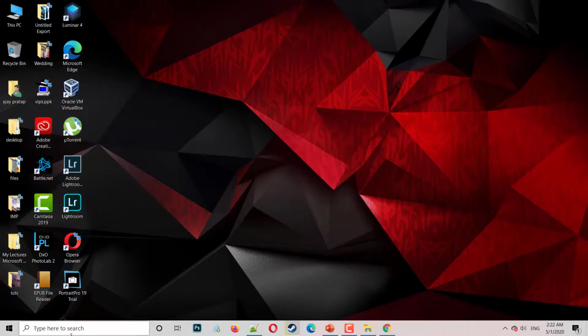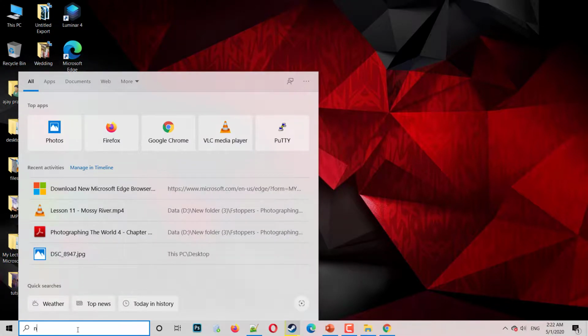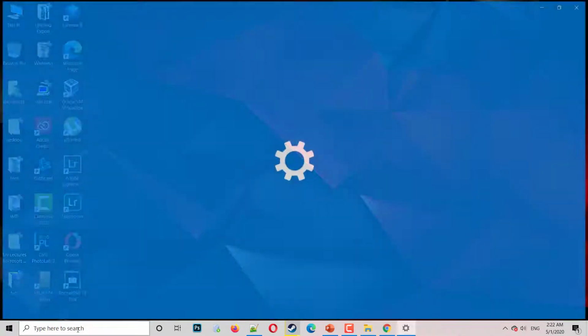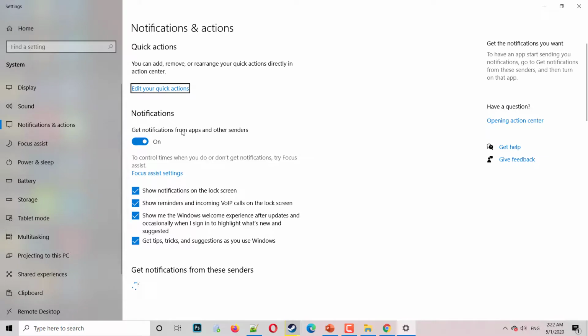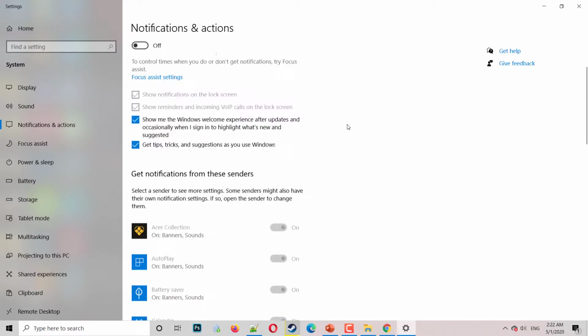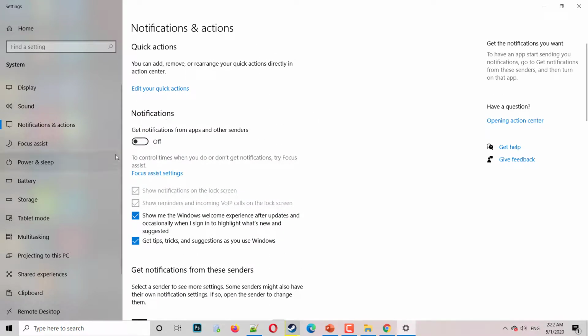And the last tip for Windows 10 is to disable notifications. My notification is enabled, but you can disable notifications from apps and other senders. If you are using lots of apps, which are part of the programs now with Windows 10, and you install lots of apps, they keep giving notifications because they are running in the background.